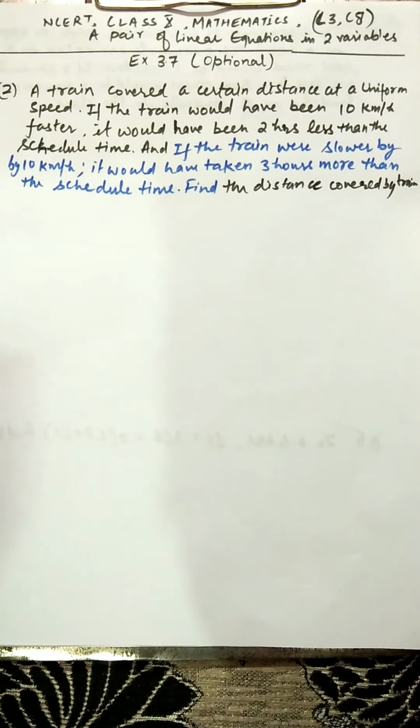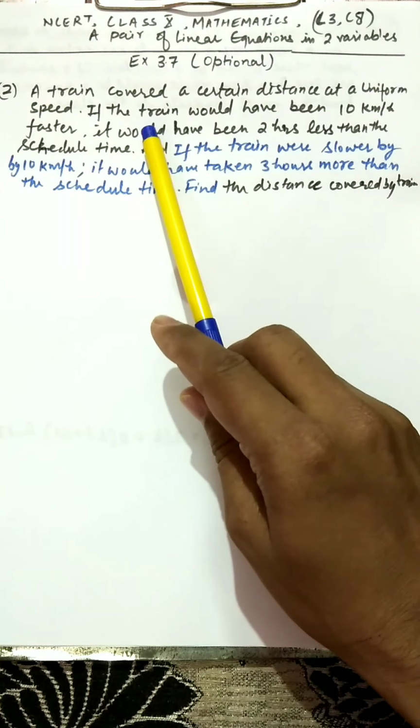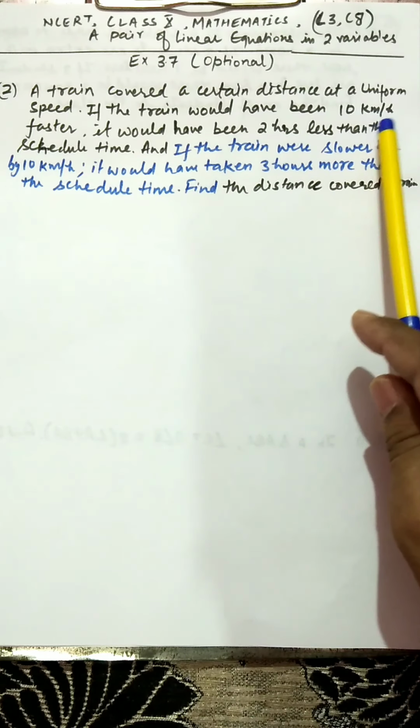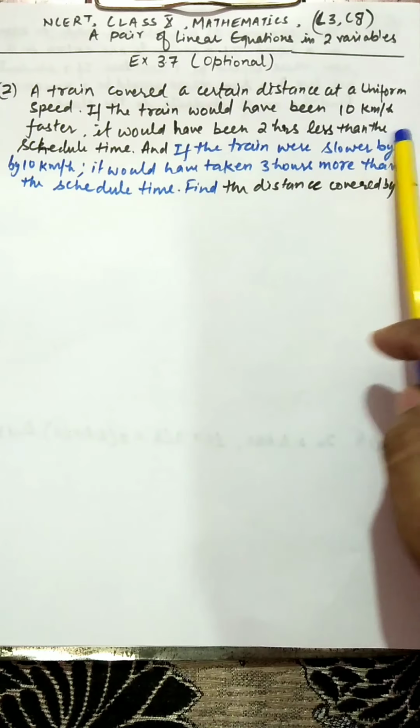We are going to discuss the optional exercise. This is question number 2. A train covered a certain distance at a uniform speed. If the train would have been 10 km per hour faster, it would have taken 2 hours less than the